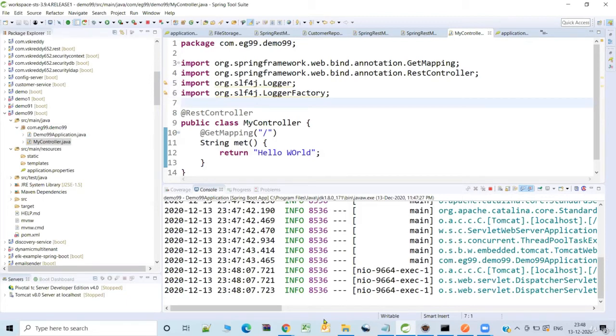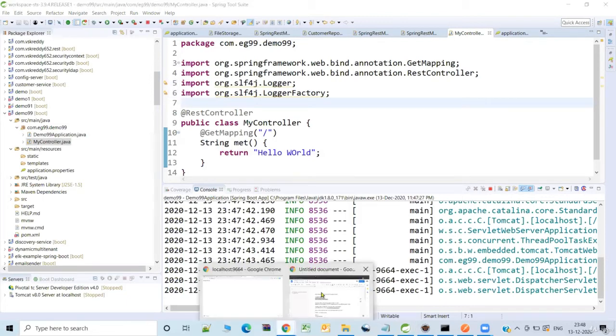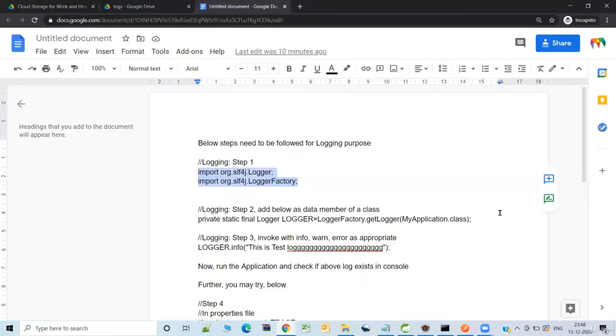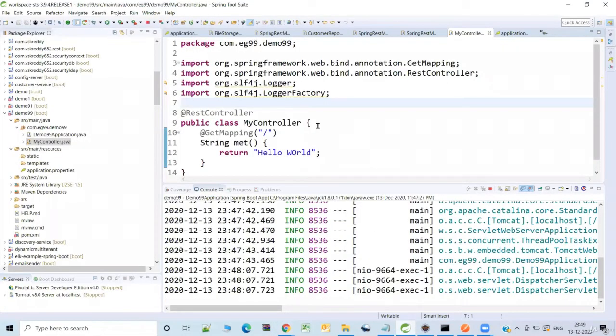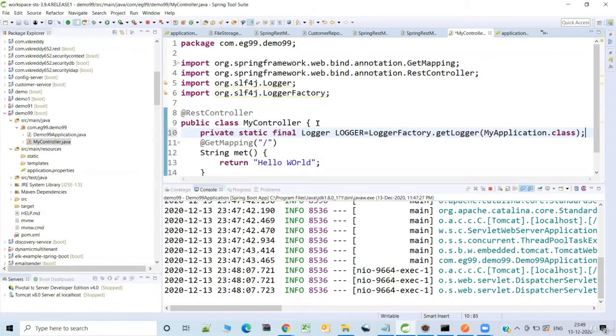The next step is I need to add a data member. Basically here I'm getting the instance of the logger from the logger factory. So I'll be adding this as a data member to this.